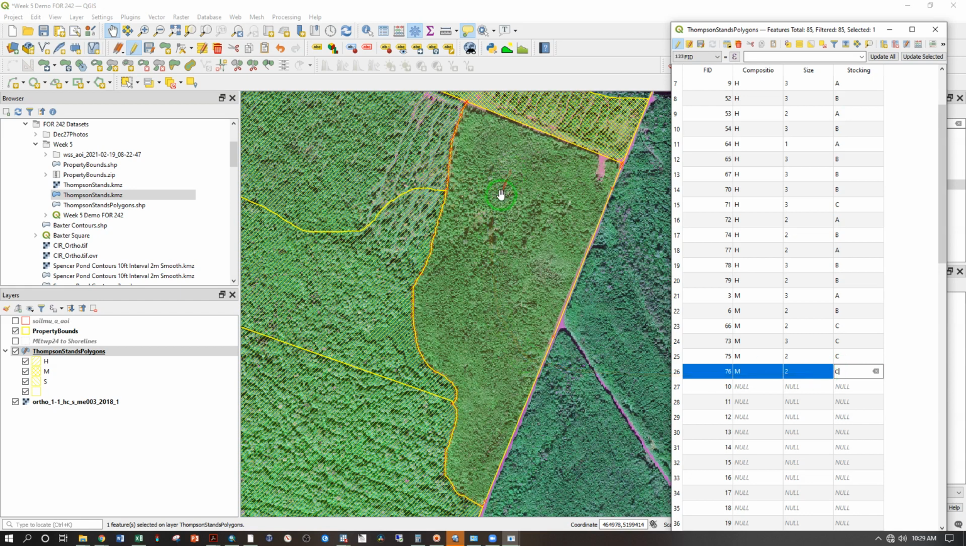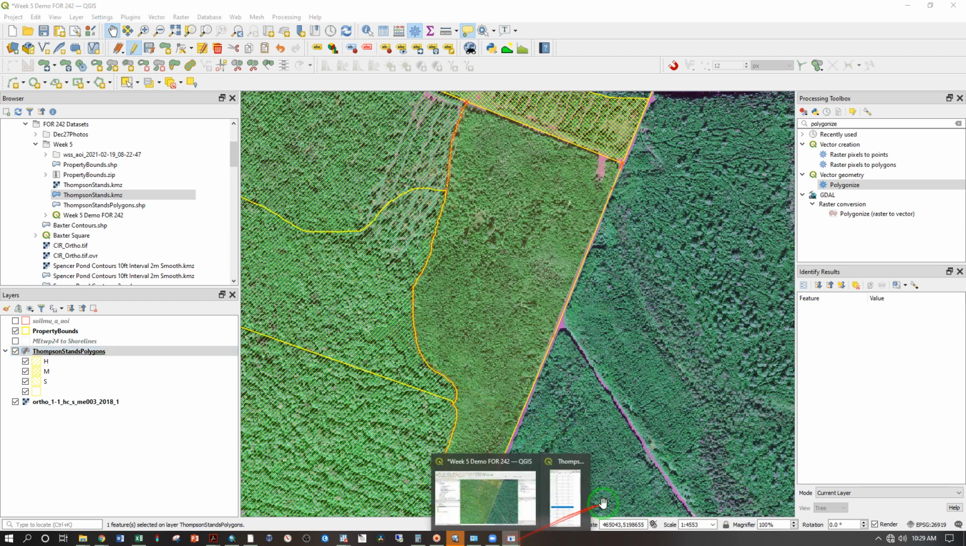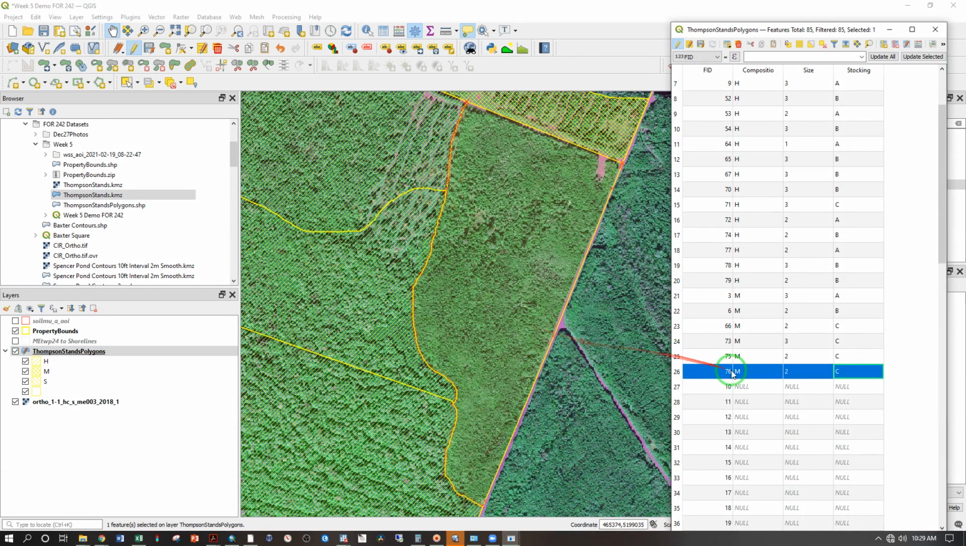So here's what I'm calling M2C. So mixed wood, smaller crowns compared to the bigger crowns over here. Let's uncheck that so you can see. See much bigger crowns here, smaller crowns here. Definitely smaller trees here than here. And popping back to the attribute table, I already called that mixed wood, but it does look to be very